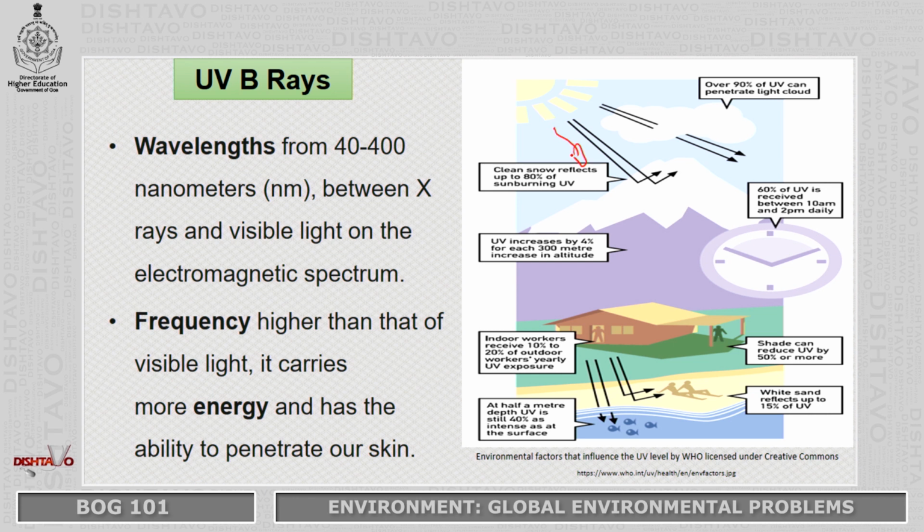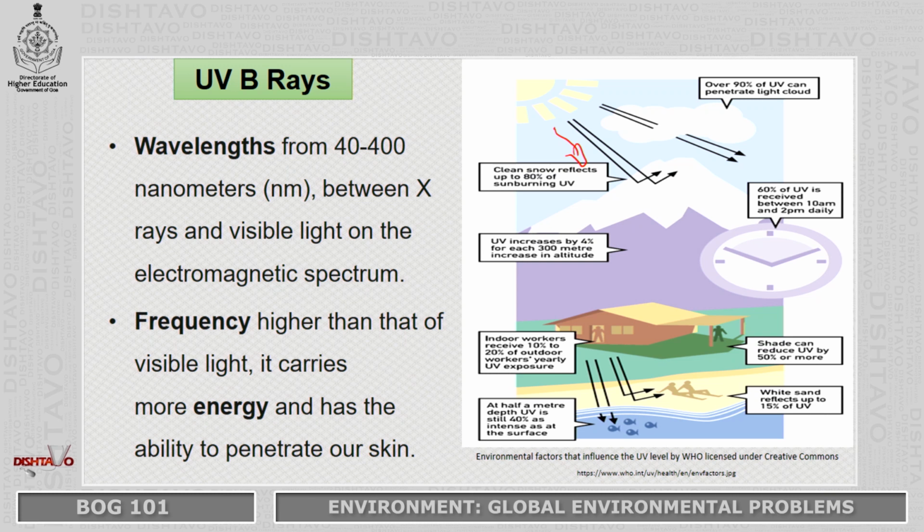If we have a look at this presentation in front of us, the ultraviolet rays that come down from the sun are mostly reflected back into the atmosphere, but the clouds absorb so much of it. The atmosphere itself, what we have referred to as Akash, the space, clears most of these rays. And as there is an increase in altitude, we see an increase of 4% of ultraviolet rays in that same area.